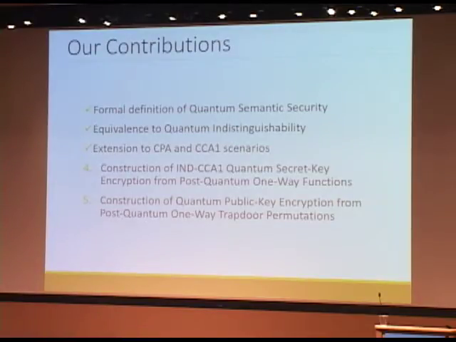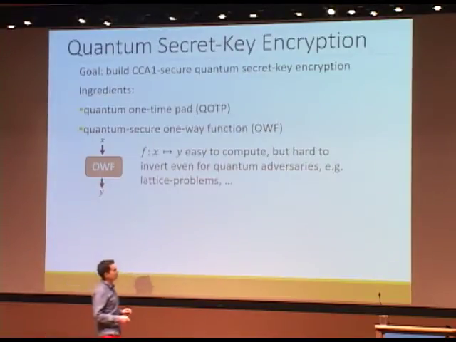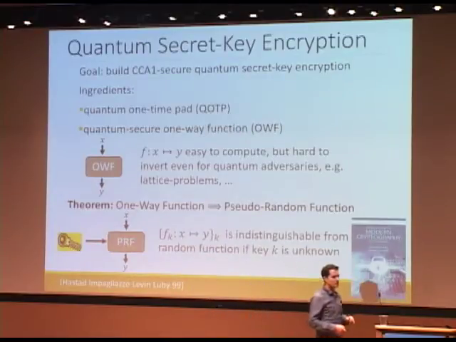So that was the definitional part of our paper. Then we also have two constructions. One of them was actually used in Bill's talk when he was talking about CCA1 secure encryption schemes. We have one construction for a secret key encryption scheme, and one construction for a public key encryption scheme that encrypt quantum data. But as I don't have time, I will just skip that and come to the conclusions.